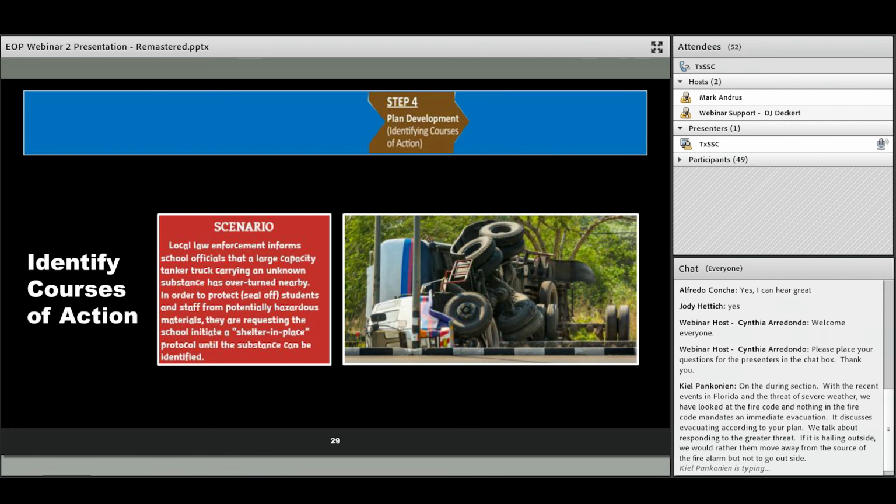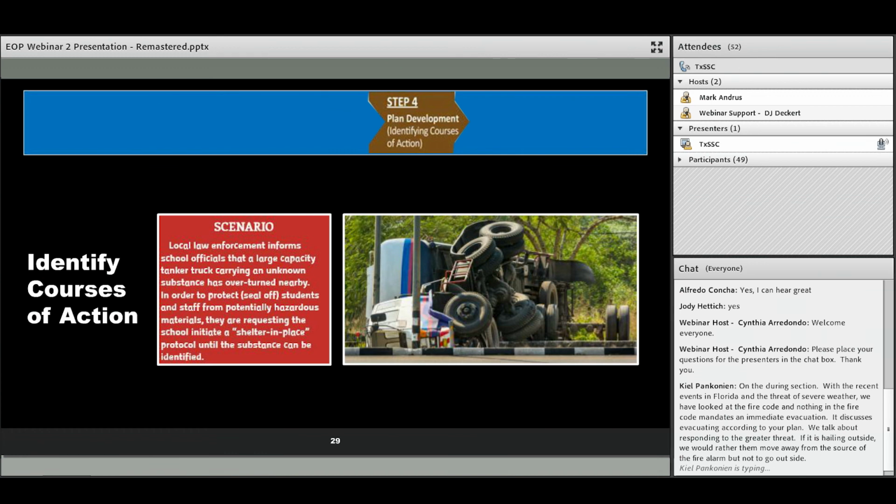Usually for a hazardous material spill, the initial thought may be to shelter in place if you're not sure whether or not you have a hazardous material spill that might be detrimental. You would want to go into that usually before you would evacuate, in case there is something airborne through that incident. However, you should always be prepared for a follow-up, which might be shelter in place initially till you hear more about it, then actually move toward evacuation.